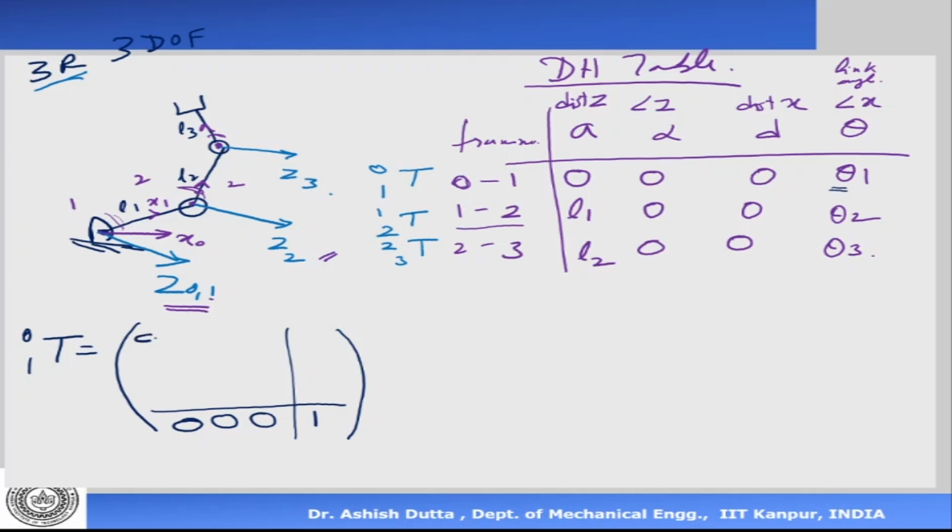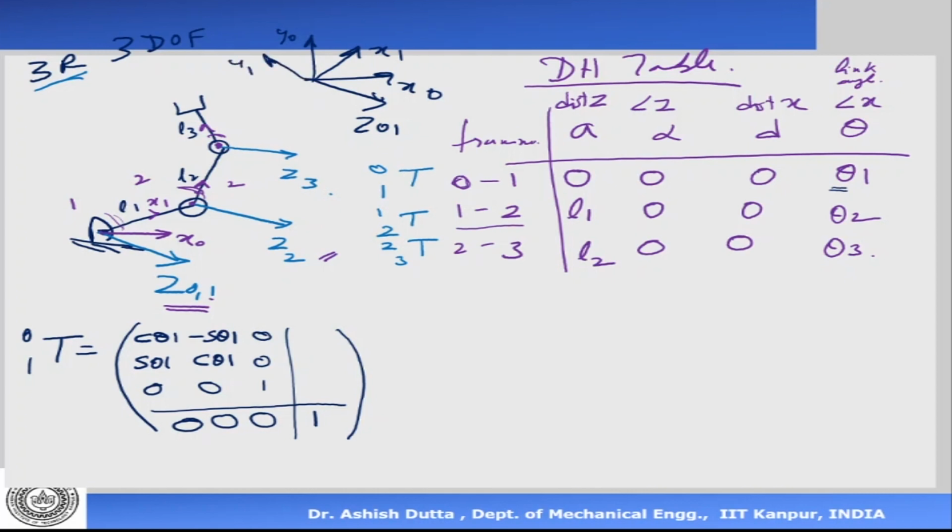So in this case it will become cos theta 1, minus sin theta 1, sin theta 1, cos theta 1, then 0, 0, 1, 0, 0. That is the rotation matrix between these two frames. Which two frames? 1 and 0. Let me just draw it here. One frame is here, z0, z1, this is x0, and x1 is here. And where is y? y0 is here, and y1 is here. So it's a rotation about z by an angle of how much? Theta 1.